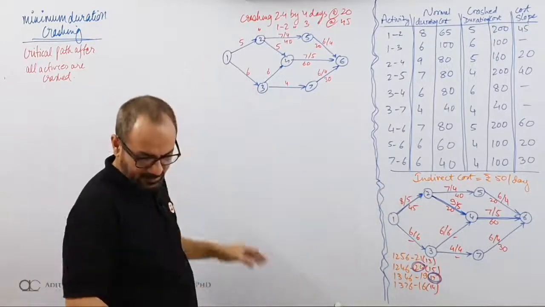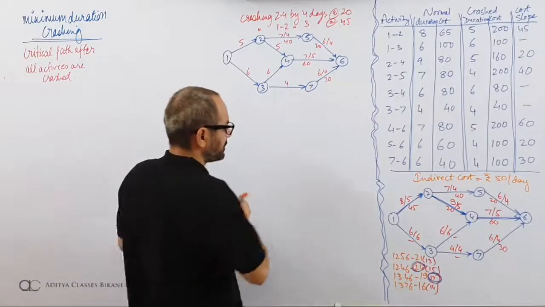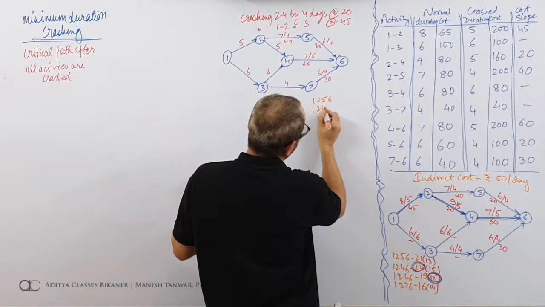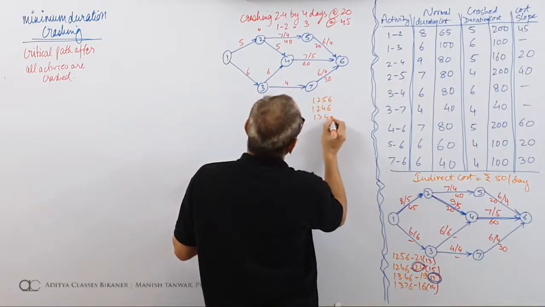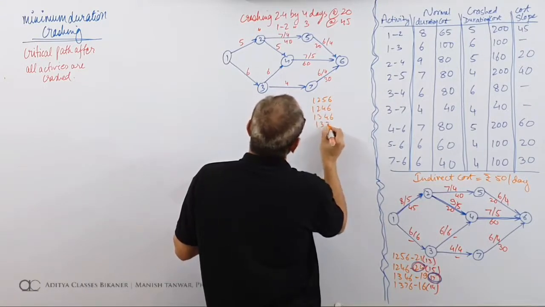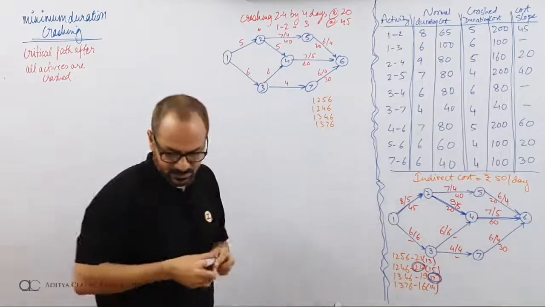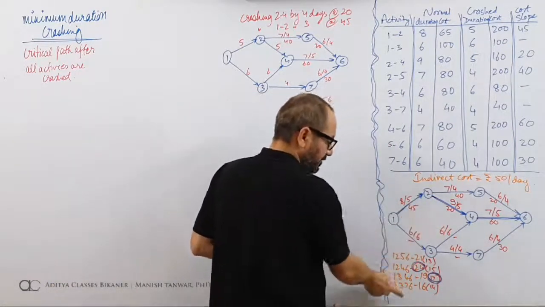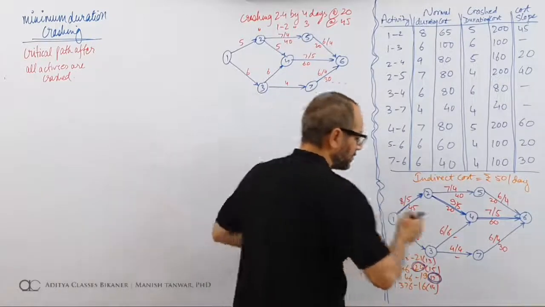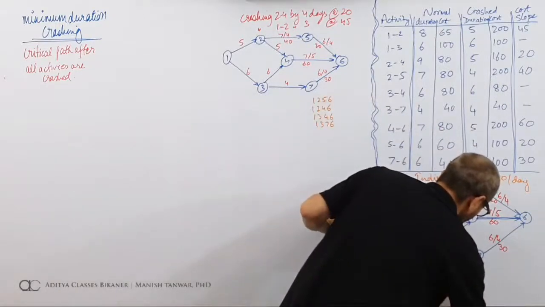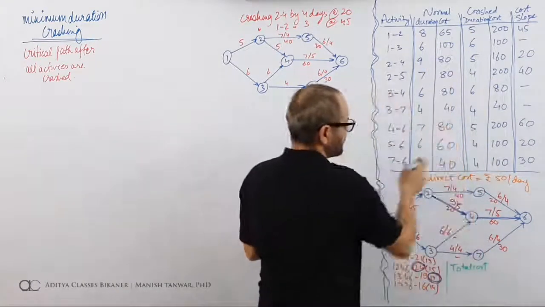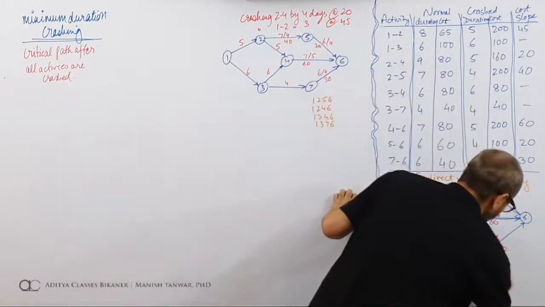And next would be the durations. What are the durations? 1, 2, 5, 6, 1, 2, 4, 6, 1, 3, 4, 6 and 1, 3, 7, 6. Yes, one thing we missed over here. In each stage, we should have a network, we should have the critical and we should have total cost. What was the total cost over here? Total cost is this thing which was 625